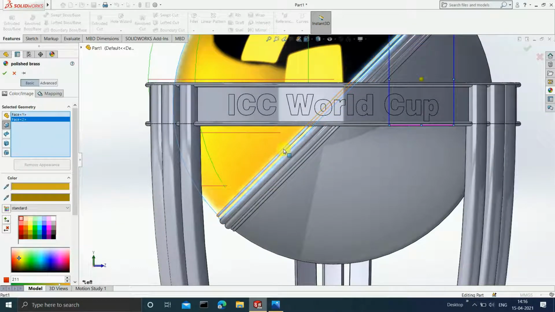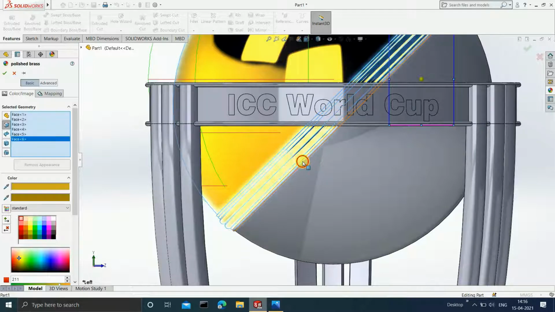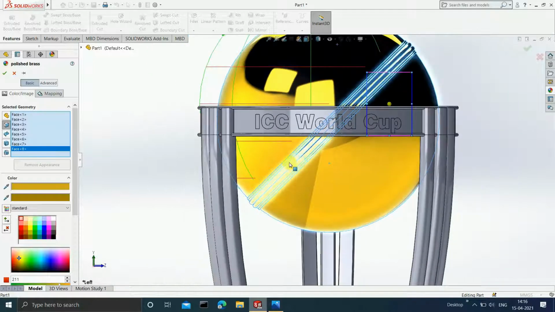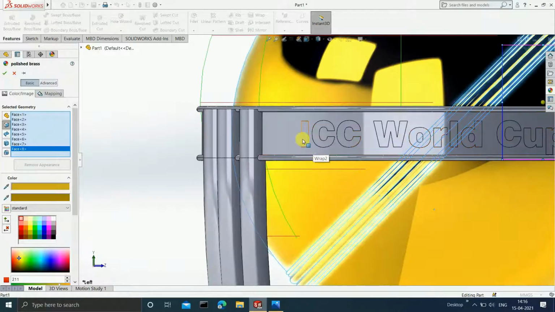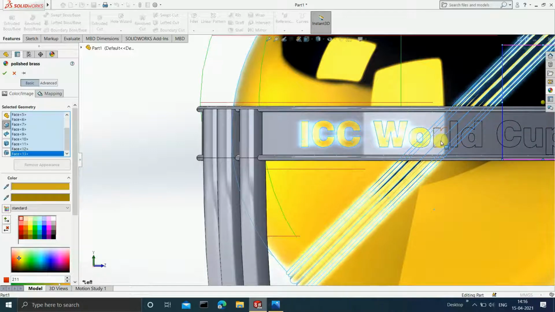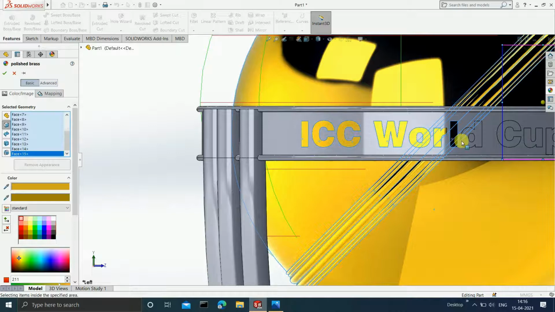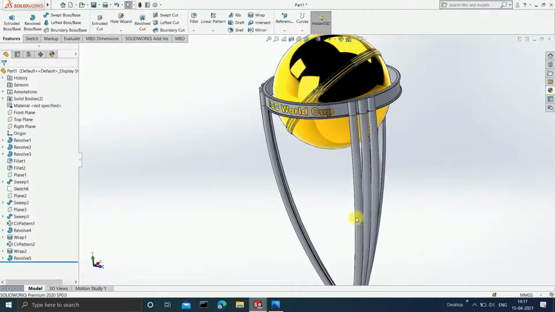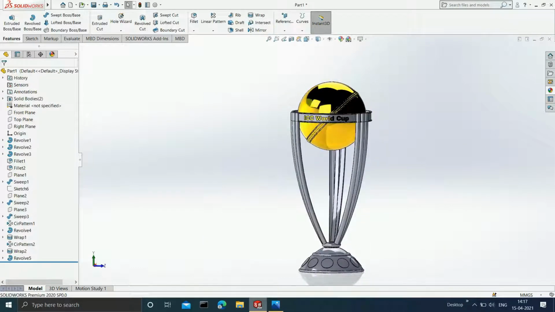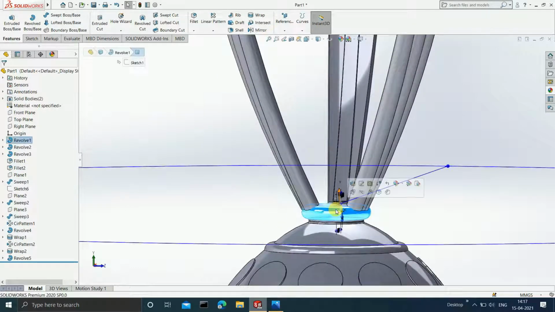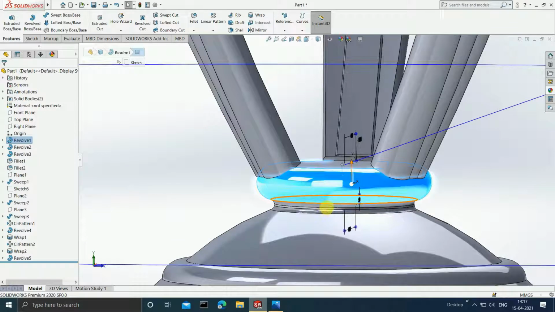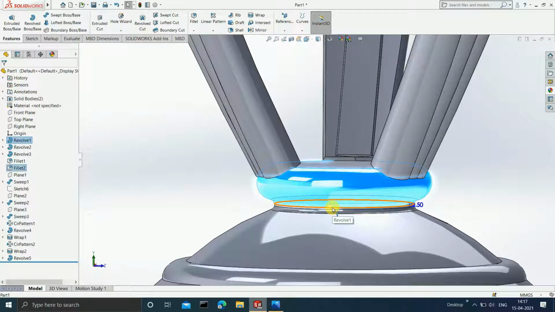Similarly, give the color to this as well. Press Ctrl and select all of them where there is a gold color present. Okay, now more, see, on these particular words also there is golden color, so select all of this. Now guys, after we are done with the wordings and with the sphere, we have to give the golden color to this particular region as well. So select everything which has golden color.